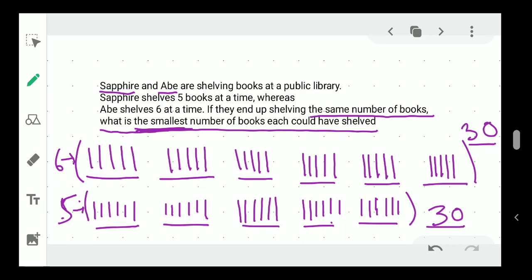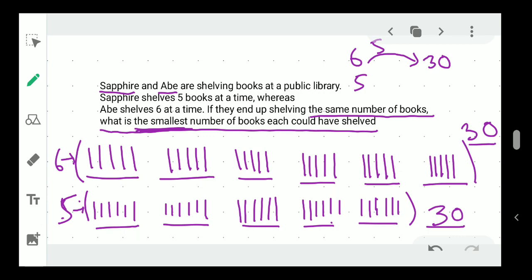So when something comes to the same number, that is nothing but your LCM. From 6, she has to do 5 times. So a total of 30 books Abby can do. And then this Sapphire can